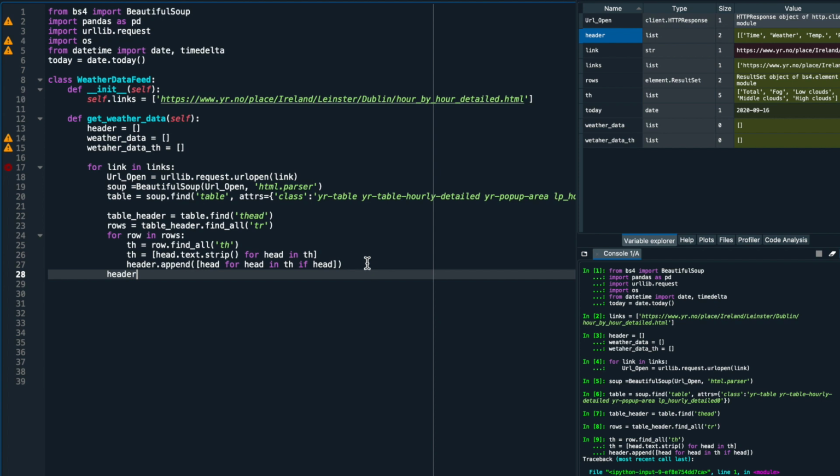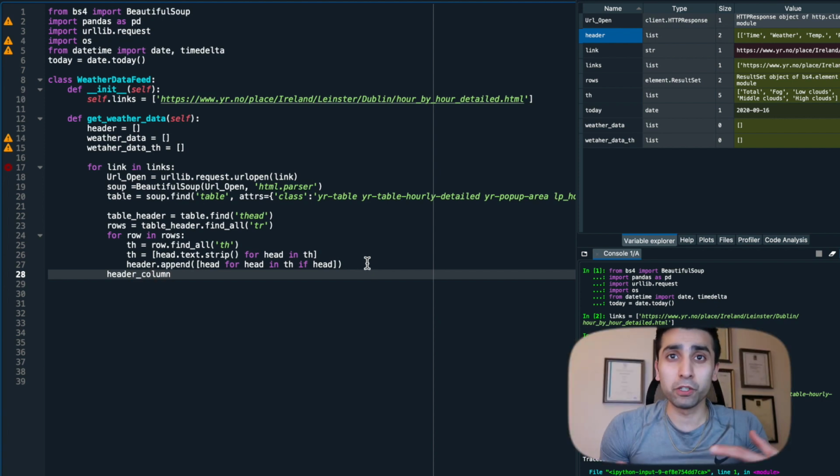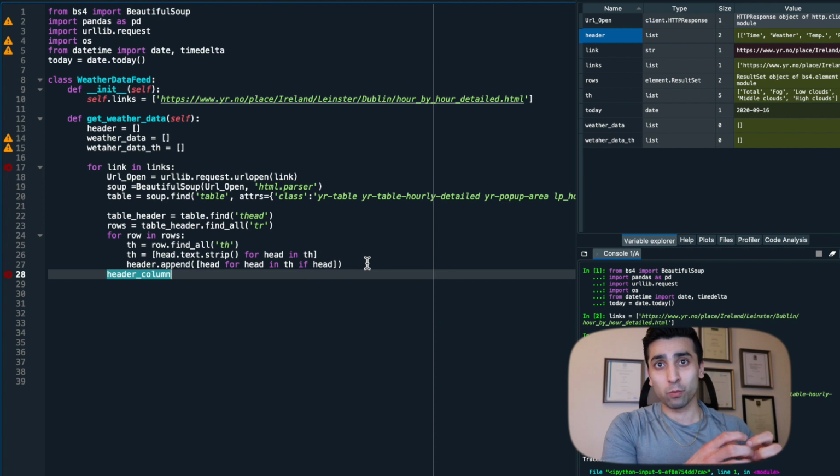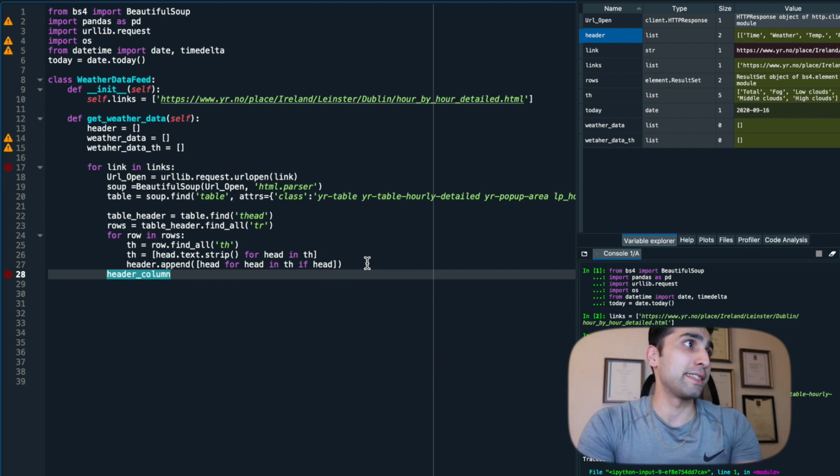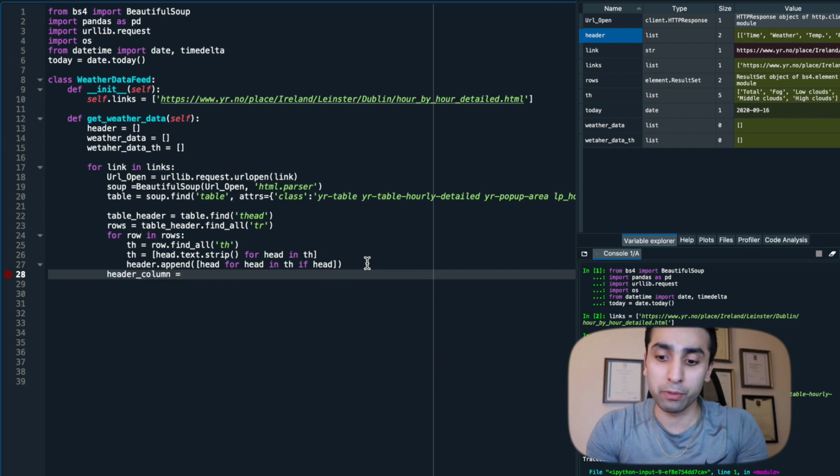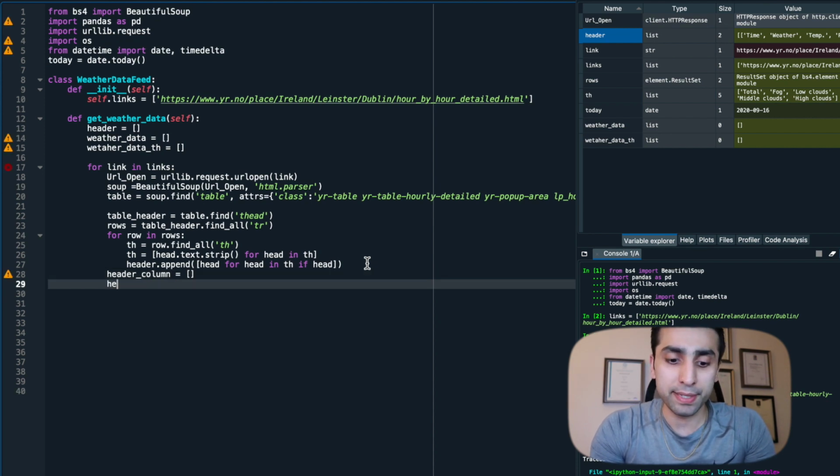What I want to do is header column, because I want to create them into one column, not have them in two separate lists, one for all the 9 items and one for all the 5 items. I want one header column that includes all the values within one line. So what I'm going to do next is header column is equal to an empty list first, and then